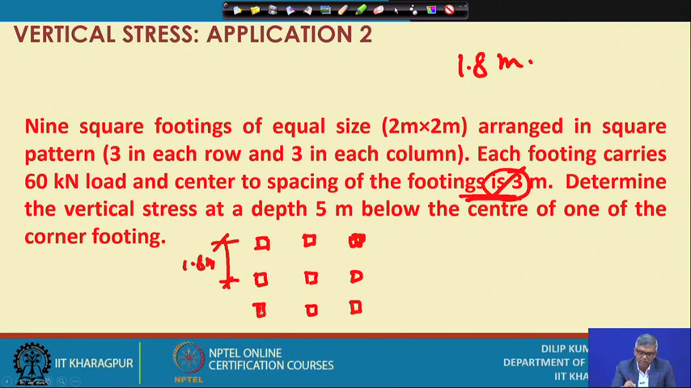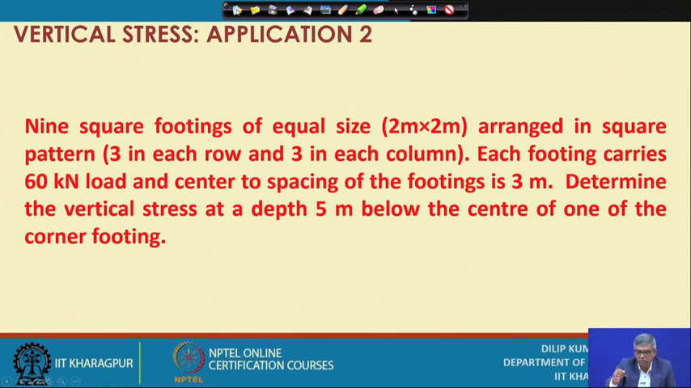So, this is the corner footing, this is the corner footing, this is the corner footing. So, this corner footing, at the center 5 meter below. If I find out for any of the corners, it will be the same. So, I will show the calculation based on this corner. This is the correction you have to take. The footing size is not known, it may be 1 meter by 1 meter, and the spacing is 1.8 meter, that is the thing to be taken. Based on this, if I do the calculation,